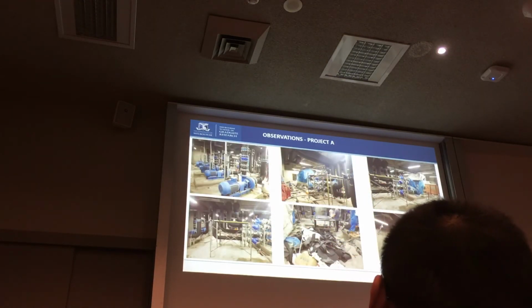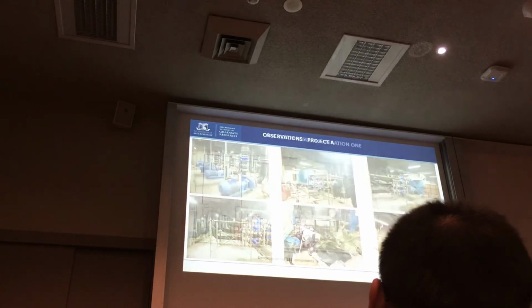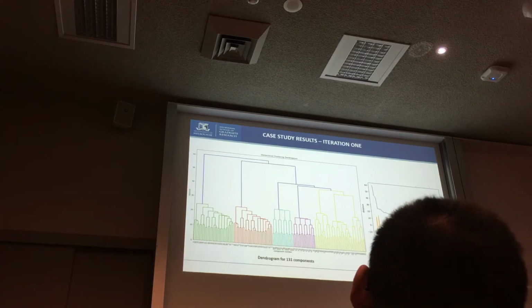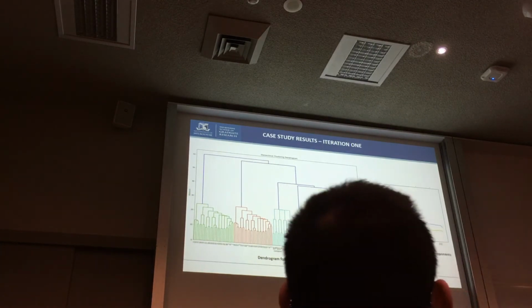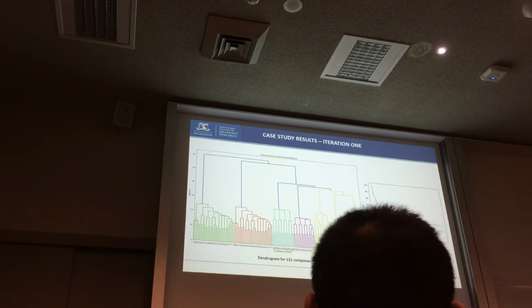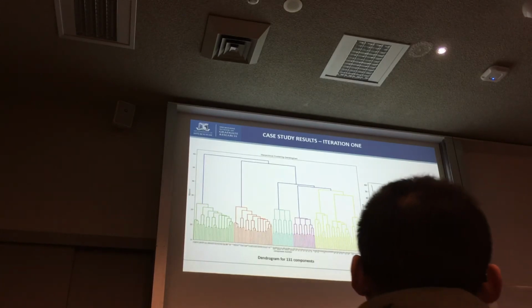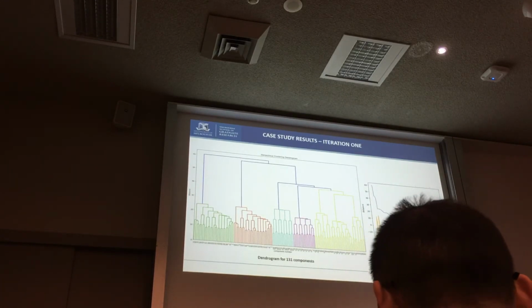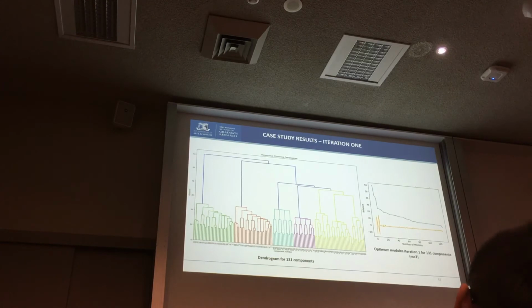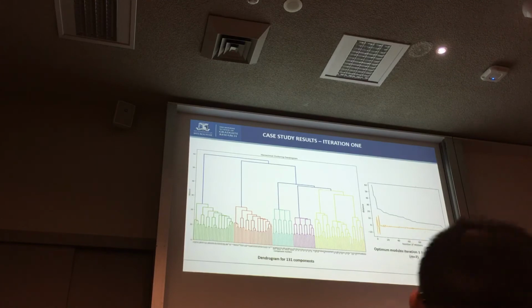These are some of the images taken during the case study visits of this particular project. So 131 components were then introduced to the algorithm as separate components after decomposition of the system. In the initial iteration using the Ward linkage method, it was able to identify the optimum number of modules as 7, which indicates the subsystems within a system. So it clearly identifies the subsystems of the larger operation.